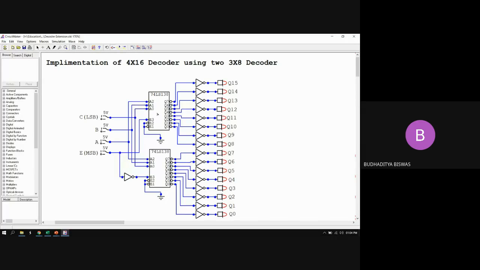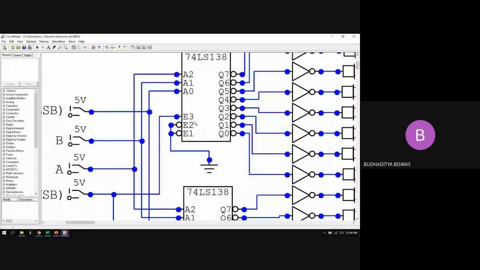Priority means sometimes for a particular device, another device tries to enable it, but the processor tries to disable it. So based on the priority, the device decides which command it should take. So here you see a total of 3 enable inputs are there: E1, E2, E3. Now here E3 has the highest priority.